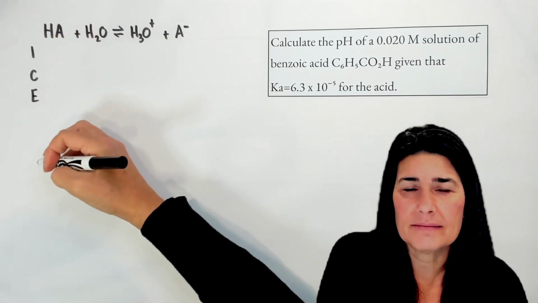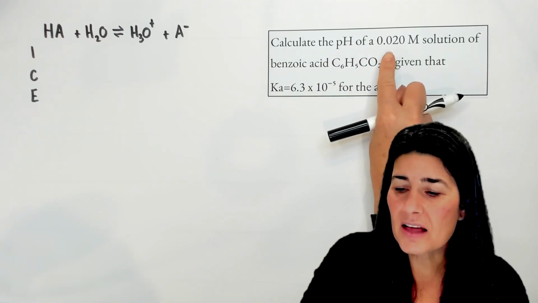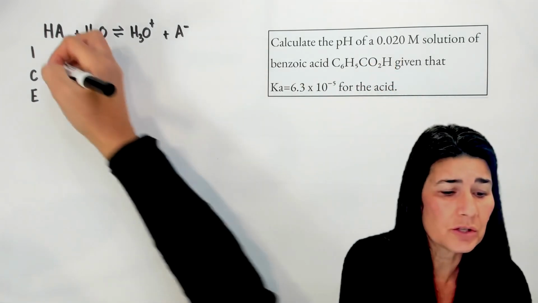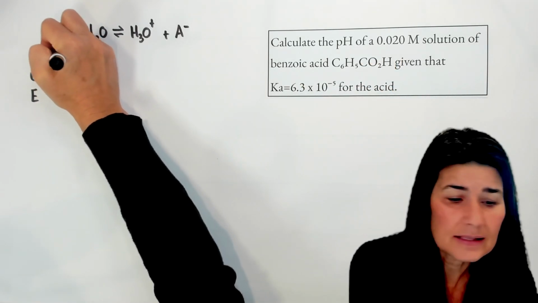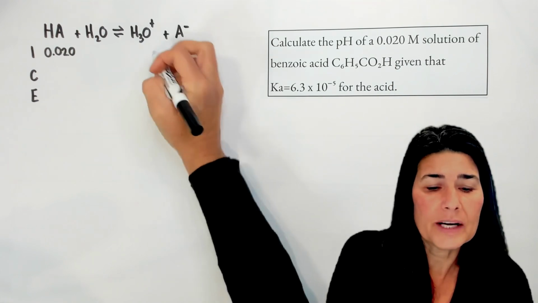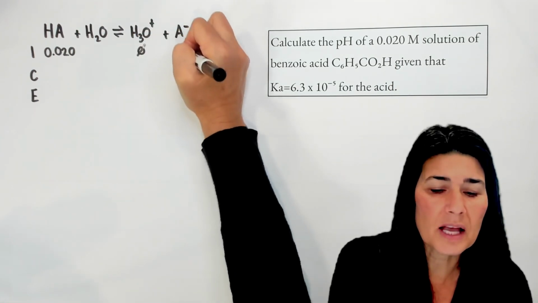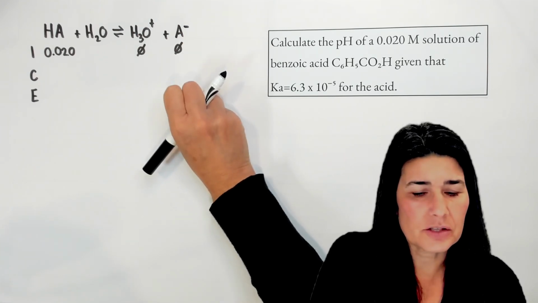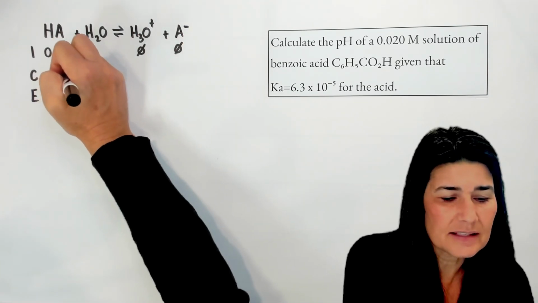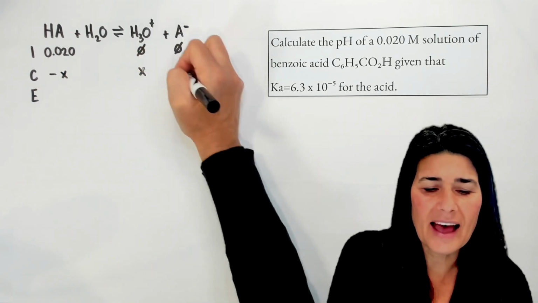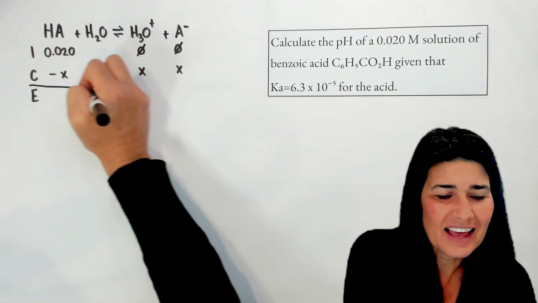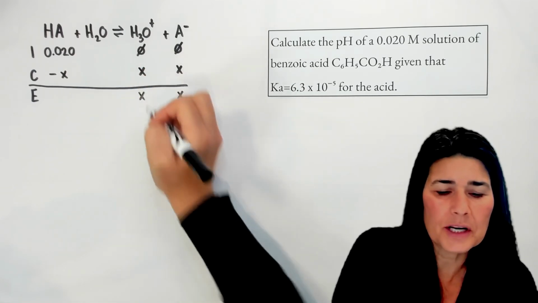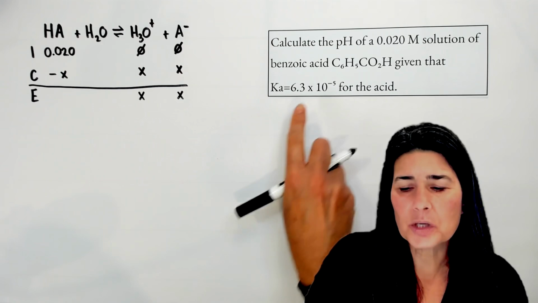Now we go to ice it. The original concentration of the acid is a 0.20 molar solution. We don't have any initial H3O+ hydronium or A- conjugate base in our solution to start. This begins to dissociate. We take away X, we add X, we add X. And at equilibrium, the A- is X, the H3O+ is X, and we're going to be able to use the rule